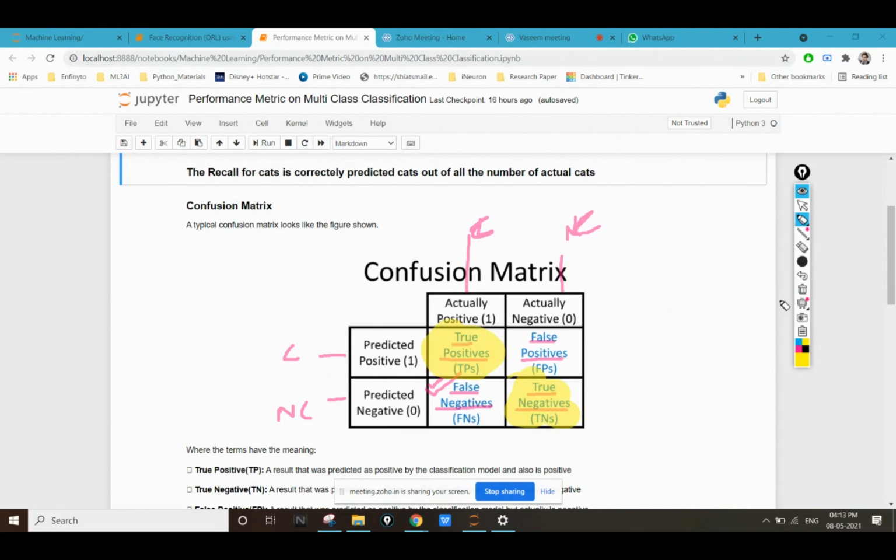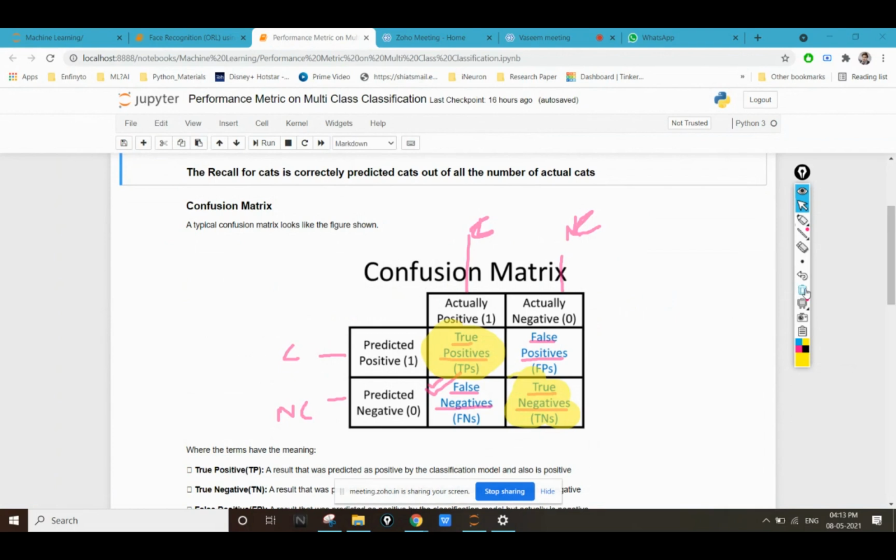These two yellow boxes give me the correct output. So this is known as your confusion matrix, which gives you values for how many predictions are correct and how many are wrong. Let's see this in practical first and then we'll move to what is precision and recall.